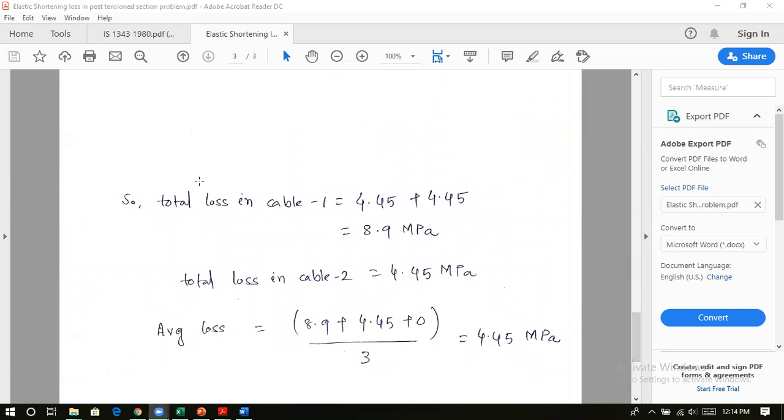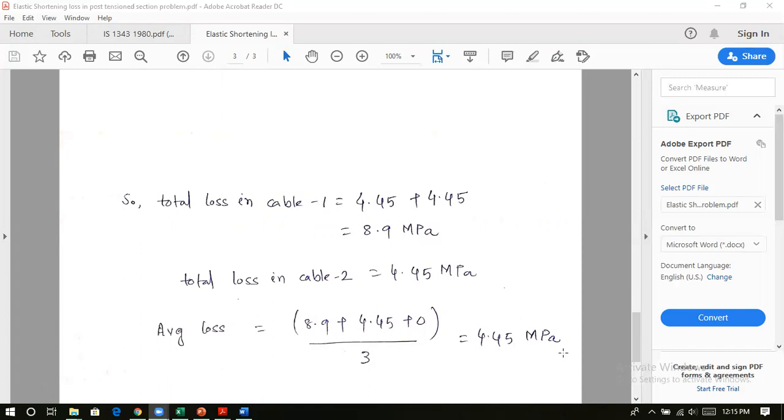Now, if we sum up all the stresses, the total loss in cable 1 is, as we have seen, experienced twice, so we can simply add them. We get a value of 8.9 MPa, and the loss in cable 2 will be 4.45, as it only experiences loss due to cutting of the third tendon, and the third tendon doesn't experience any loss. Okay, the last tendon will never experience any loss in a post-tension section. So if we add them together, the first tendon 8.9, second tendon 4.45, and third tendon no loss, and by dividing by 3 we can calculate the average loss. The average loss in each tendon will be